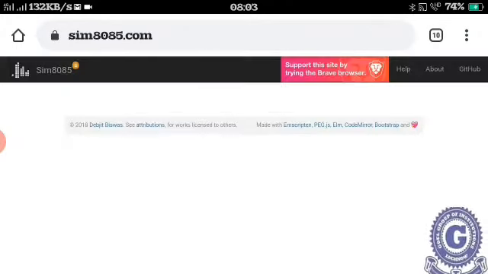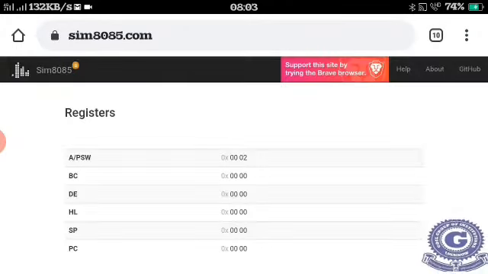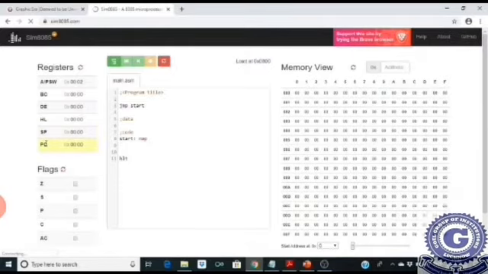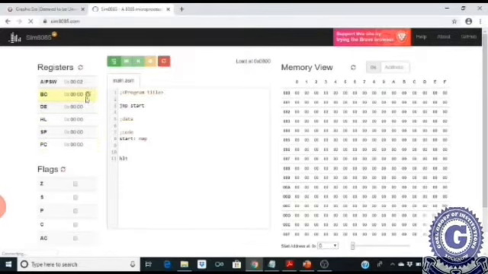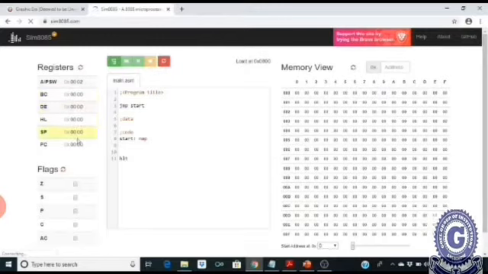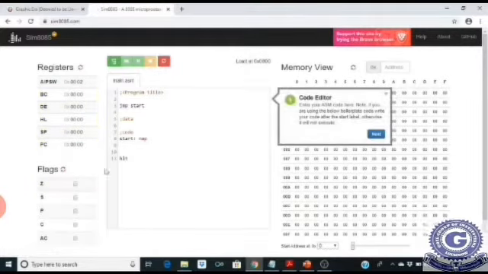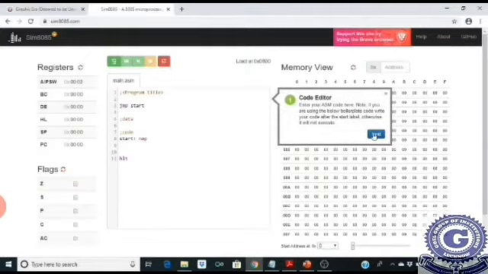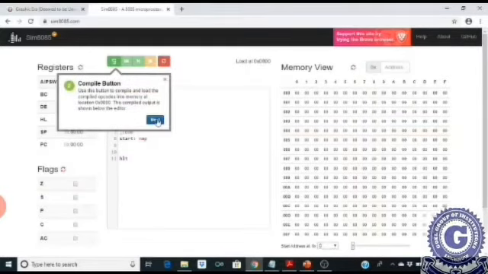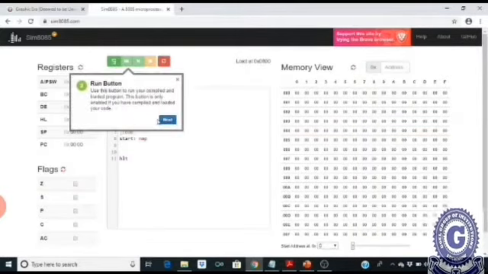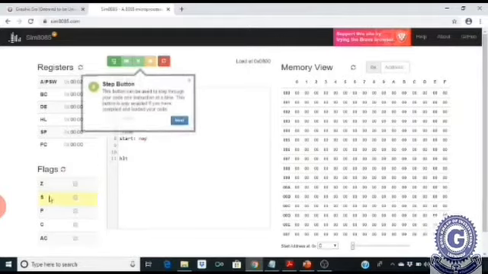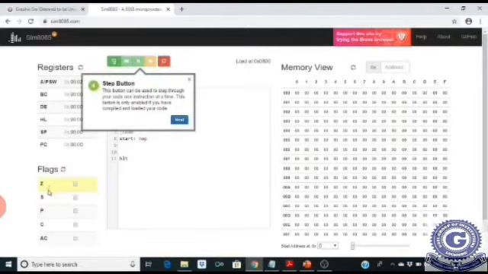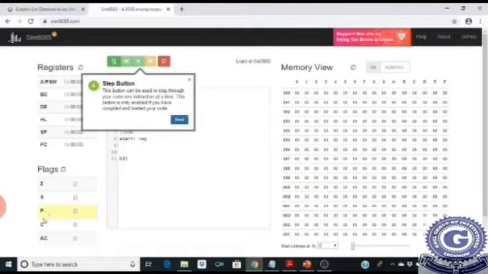Here you can see the registers: A, B, C, D, E, H, L, stack pointer and program counter. These have default initial values. Then there are some flag registers of the 8085: zero flag, sign flag, parity flag, carry flag and auxiliary carry flag.